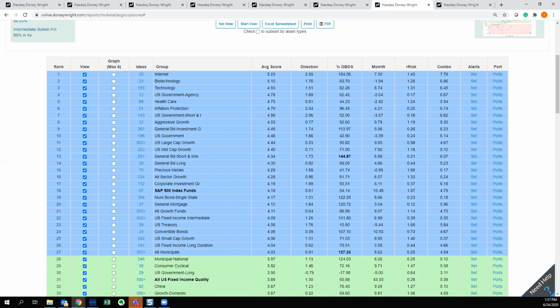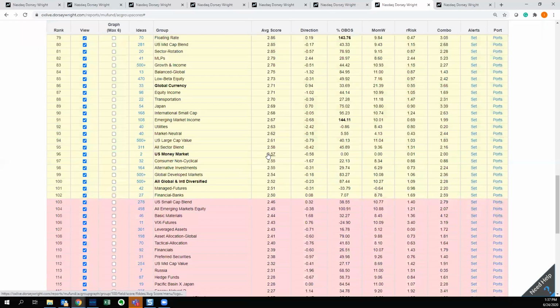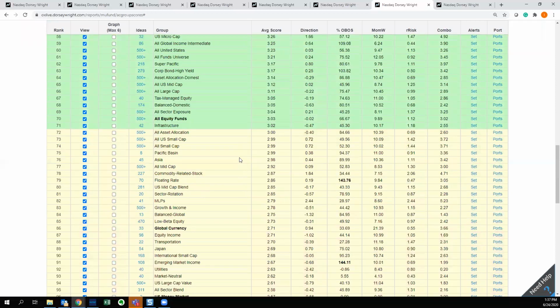And, just from a macro perspective, two of the major groups that we come in here to watch for, and we will communicate the importance of to you all, are the S&P 500 index funds group, or what we refer to as the U.S. equity core, as well as money market. We want to see how those two groups fare to get an accurate reading of where risk-taking is occurring in the market, right? And with today's reading, we had the S&P 500 index funds group that is scoring in the